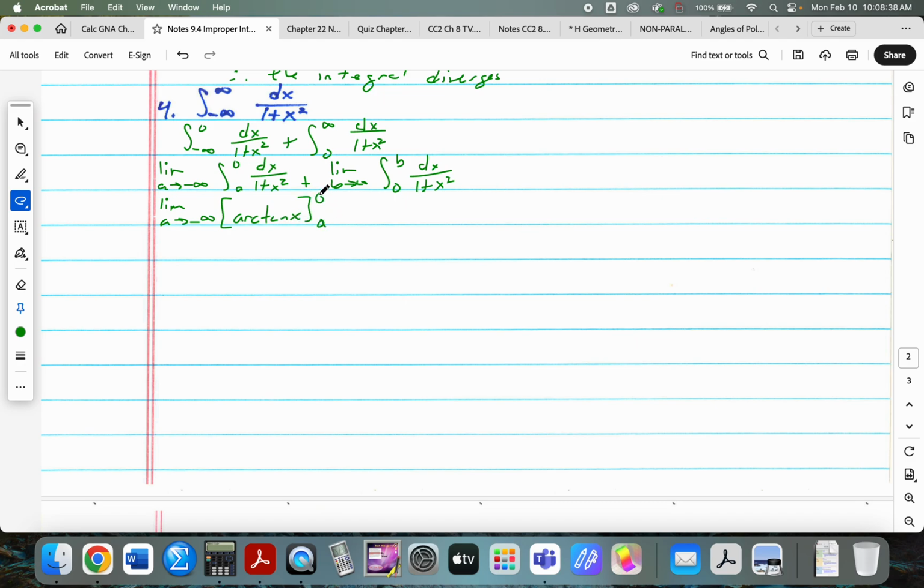So that's from a to 0, plus the limit as b goes to, actually, goes to infinity, of arctangent of x from 0 to b. All right, so arctangent at 0 is 0,